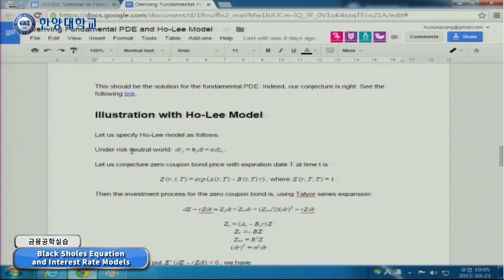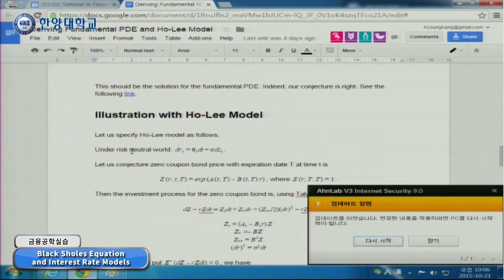The second one is, interest rates are a lot more predictable than this. If the interest rate is too high, the interest rate tends to go down. If the interest rate is too low, then it tends to go up, because that's the job of the Bank of Korea, the central bank. So there is a trend. And in this Ho-Lee model, there is no such trend. So if we introduce a trend in the Ho-Lee model,